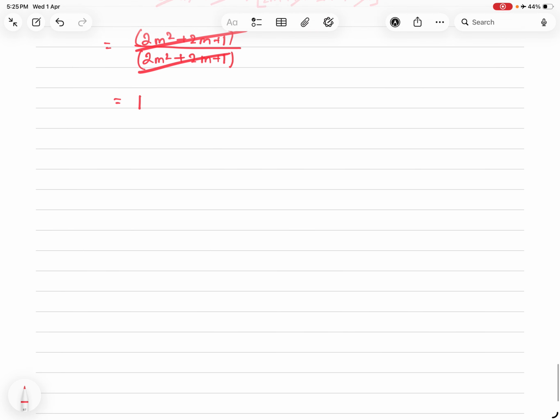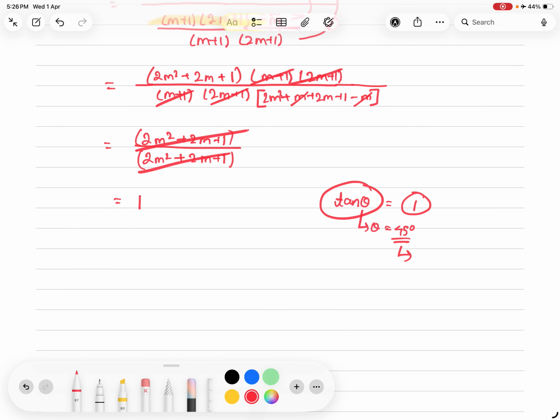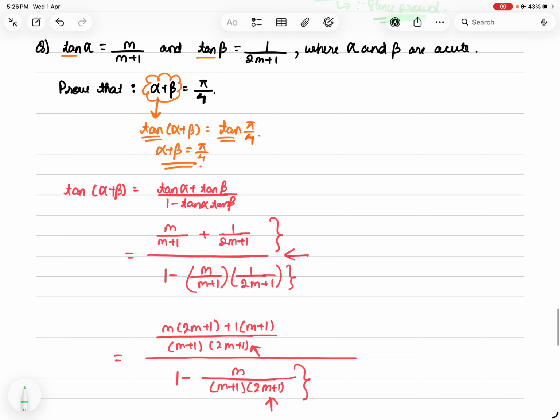Now tell me one thing. Tan theta and 1, do these have something in common? What do you think will be the value of theta if tan theta is equal to 1? Theta will be 45 degrees. Now 45 degrees is basically pi by 4, isn't it? Remember, pi is 180 degrees. 180 degrees by 4 is what? 45, right? So this thing I can write as tan pi by 4. Are you understanding?